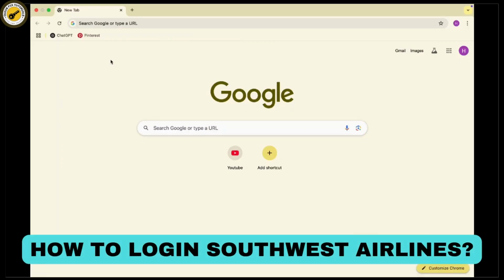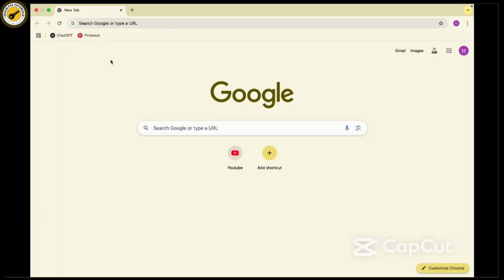How to log in to Southwest Airlines. So here is how to do it via the website. Let's get started. First of all, go to Google Chrome, and there in